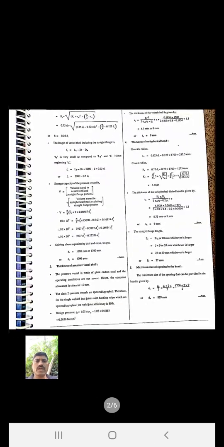Students, remember that we have seen the different formulas. With the help of those formulas, you can solve the numericals easily. But you should remember all the formulas and the conditions given for the different heads. Okay, we have seen that. Then after that,